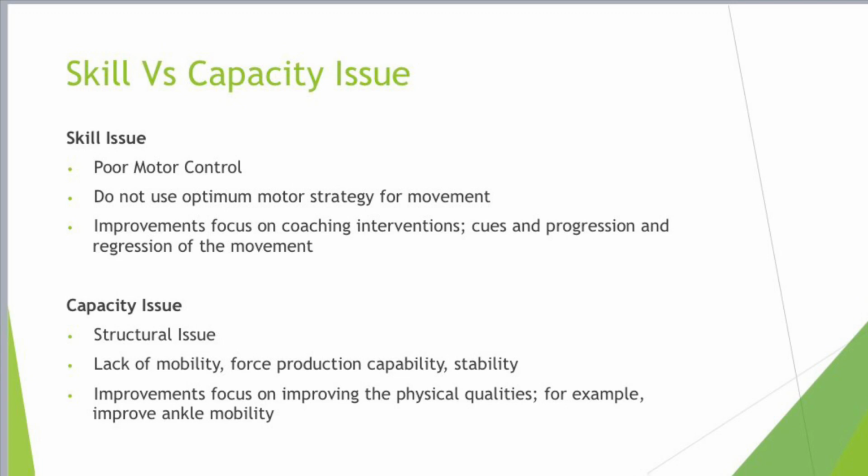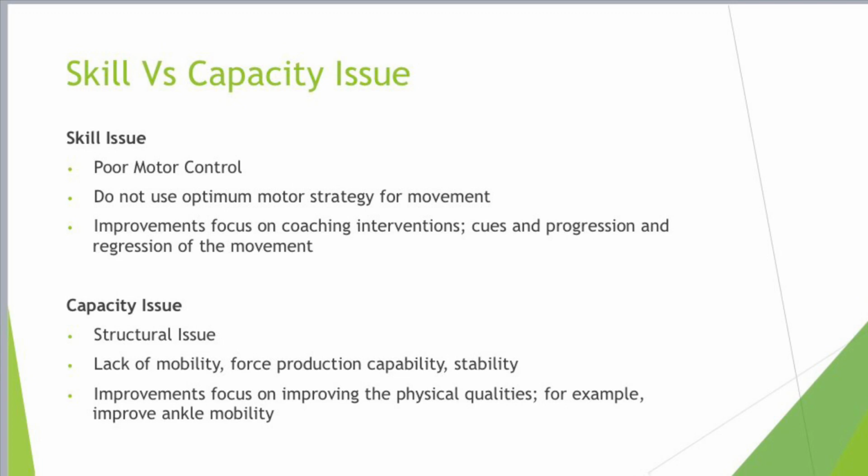A skill issue is a limitation resulting from poor motor control. The athlete does not use the optimum motor strategies for the movement, and this is a result of either a lack of familiarity with the movement or they've adopted a suboptimum technique. To improve a skill issue, improvements should focus on regressions of the movement, reinforcing optimum movement through cues, and time